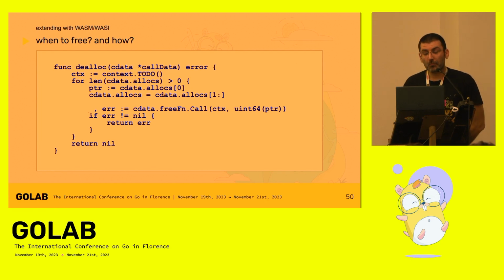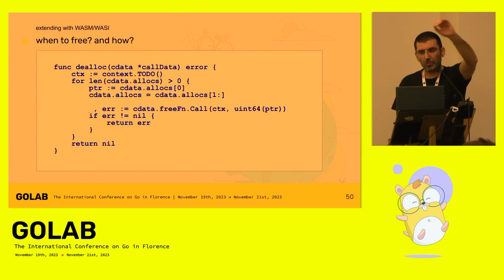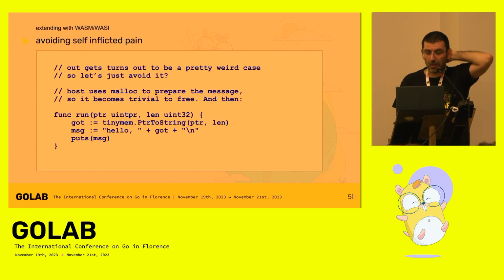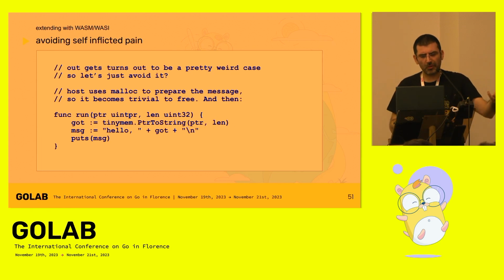When to free it? This is actually a very challenging question to answer, because we need to have this memory have a lifetime long enough so the guest side can fetch it, but we don't want to leak. It's challenging, and possibly the simplest answer is to change the API to overcome these limitations. Because the most streamlined experience will be, okay, I will do anyway in Go, but we have this bunch of limitations. So changing the API is actually something that is worth doing to avoid this pain up until those rough